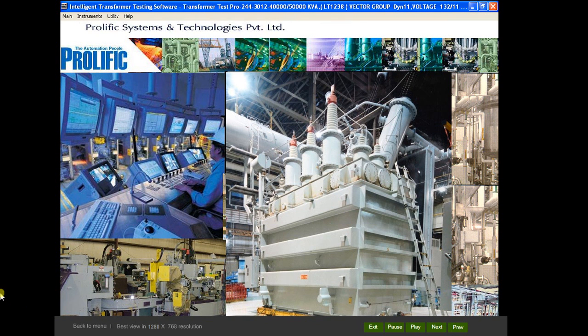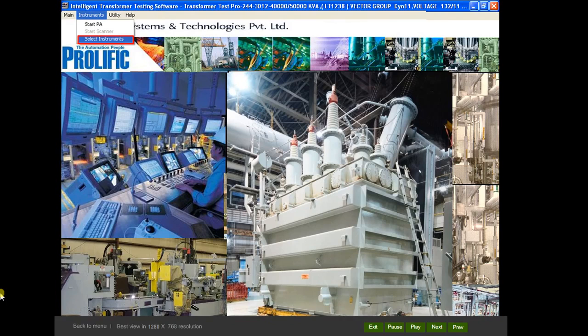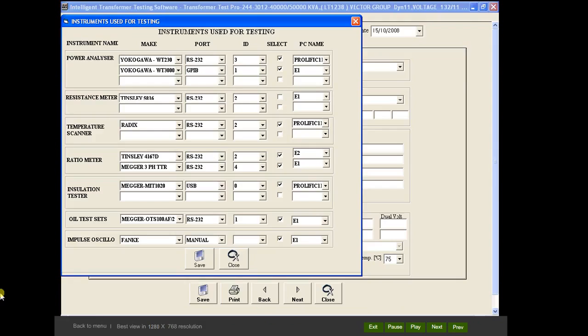Software has the facility to capture data from any type of communicable instrument by selecting the instrument and its communication port. To go to the instrument list, select the instrument menu and click on Select Instruments. The list of instruments used for various tests appears. For load loss or no load loss, you want to capture the data from analyzer? Then, select the make of power analyzer. Select port like